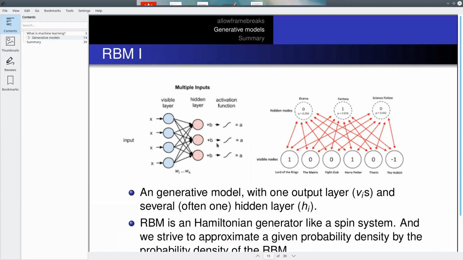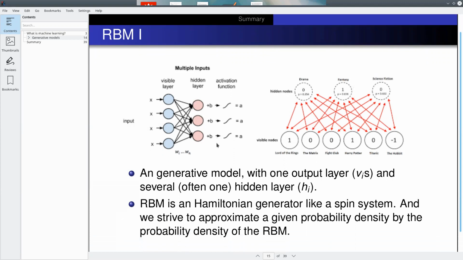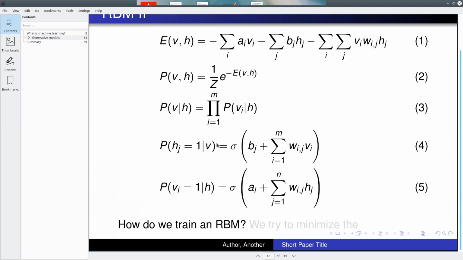According to this weight, we are activating or deactivating the particular unit. It means that we are taking a probability, given a V. This is a sigma, so we just choose our V's, and then through these formulas we generate